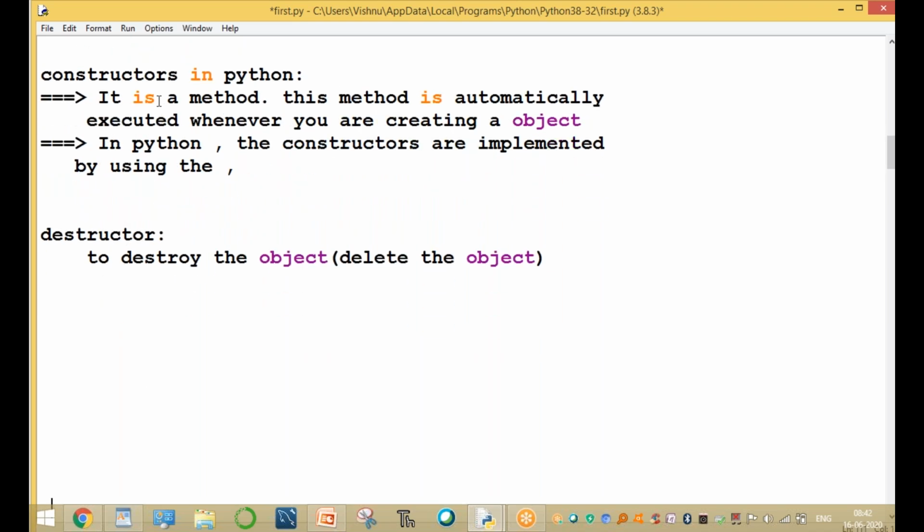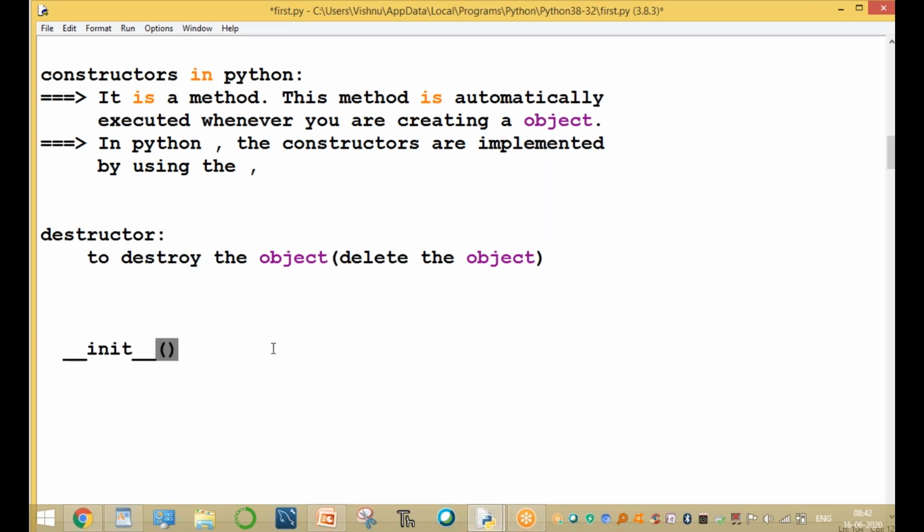Constructor means it is a method, a function, and this method is automatically executed whenever you are creating an object. Now in Python, whenever an object is created, one method is automatically executed. That method is called the underscore init underscore method. In Python, the constructors are implemented by using this method only.